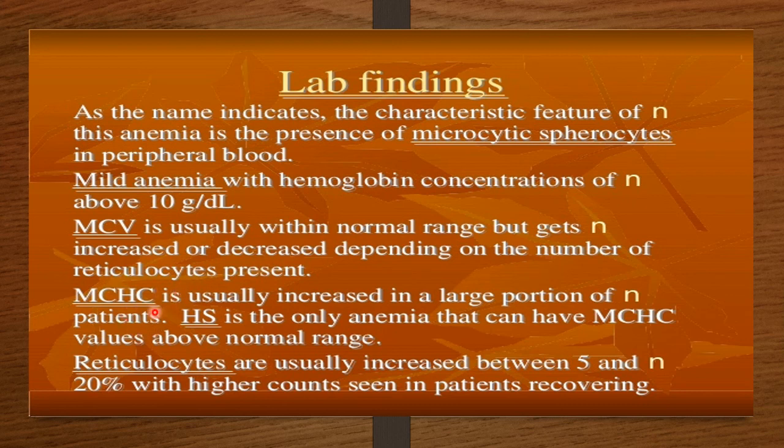Mean corpuscular hemoglobin concentration is usually increased in a large portion of patients. Hereditary spherocytosis is the only anemia that can have mean corpuscular hemoglobin concentration values above the normal range. Reticulocytes are usually increased between 5 and 20%, with higher counts seen in patients who